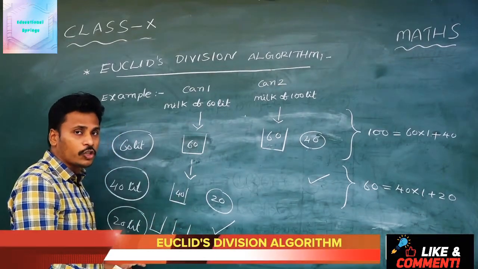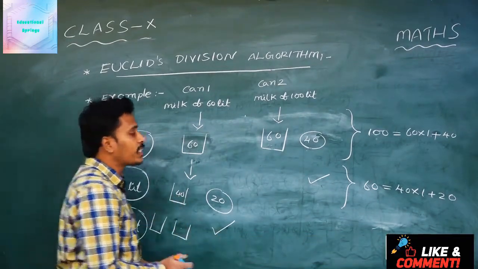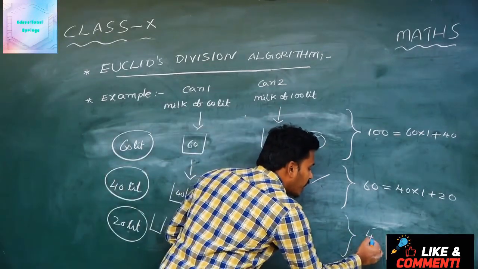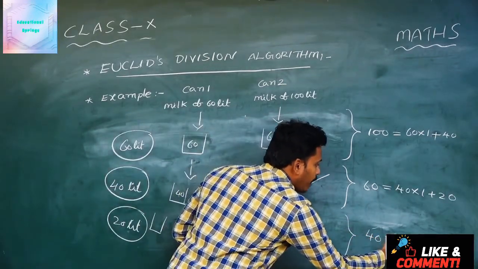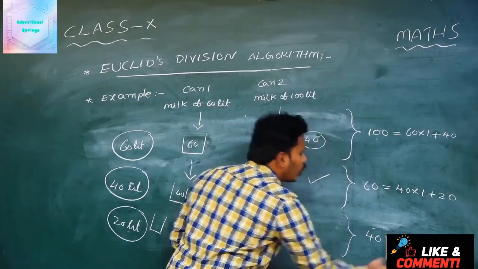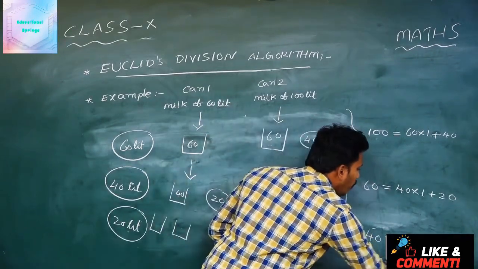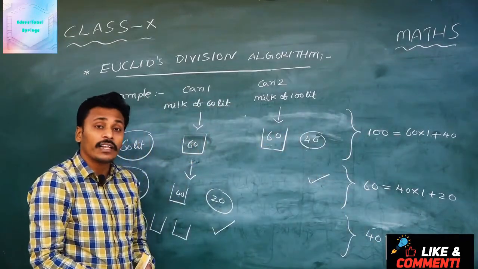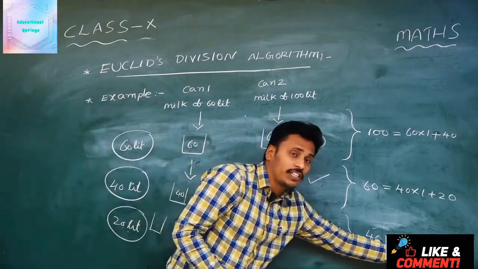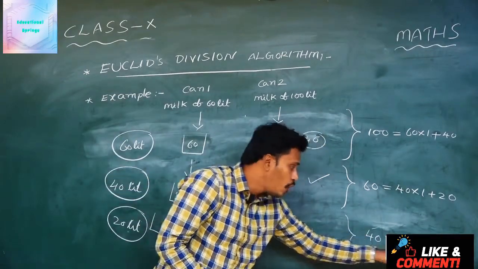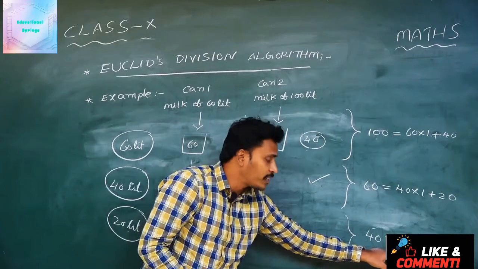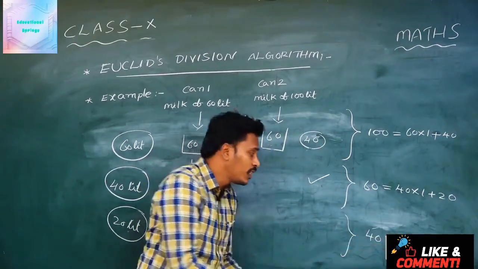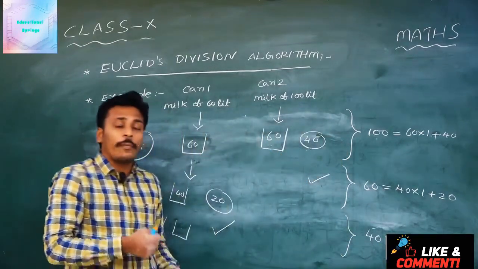Since my capacity is 20 liters now, this 40 liters of milk I can measure with the 20-liter jar in 2 turns, and I am left with no milk in this case. In the sense, at the end I have the remainder 0, and this 20 will represent the required answer, the maximum capacity of the measuring